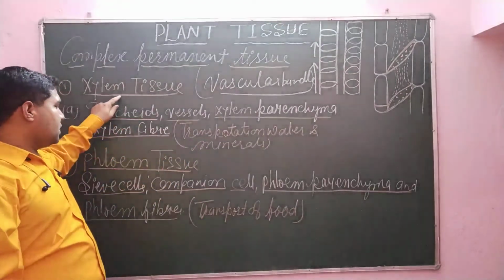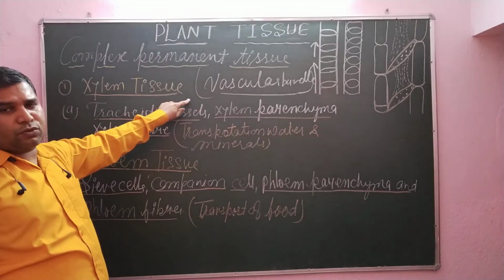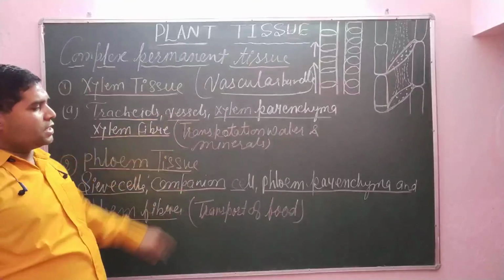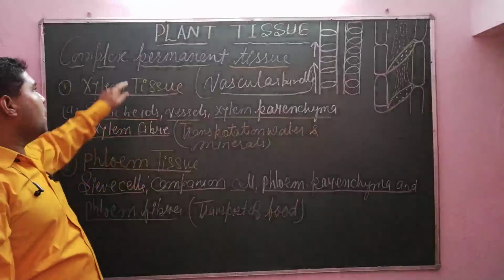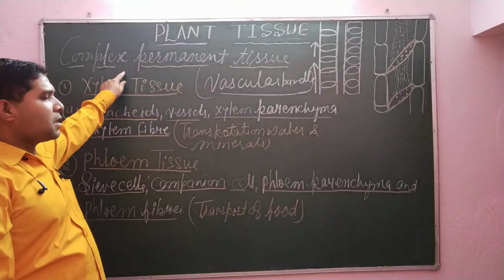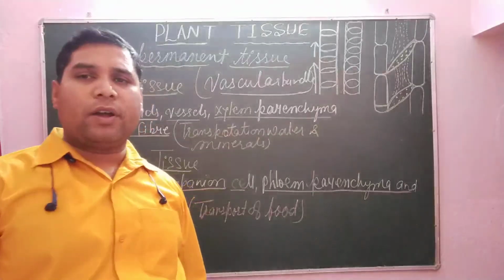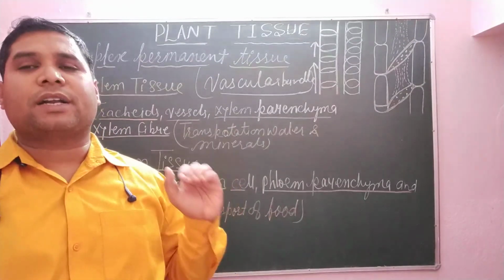So xylem tissue and the phloem tissue together are known as either the vascular tissue or a vascular bundle. So dear student, please read about the topic of complex permanent tissue, xylem tissue and phloem tissue. And these two types of tissue are associated with the transportation